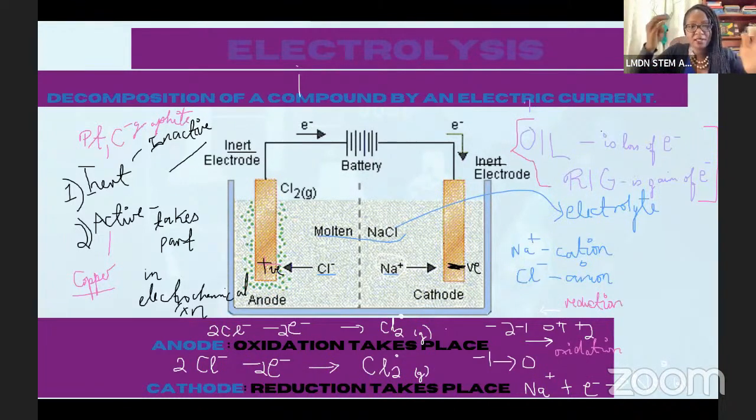Because if you look at it this way, you have to think of it as a balancing act now. The chlorine is like, okay, I'm giving you back your electron. I'm losing it, I'm giving it away back to you. And sodium is like, thank you very much, I'll take it back. I'm going to take back my electron. And that's exactly what sodium does right here. The sodium ion takes back its electron and it becomes neutral sodium. And chlorine is like, all right, take it back, I don't want it neither, take it. So it loses it and it becomes chloride ion again.